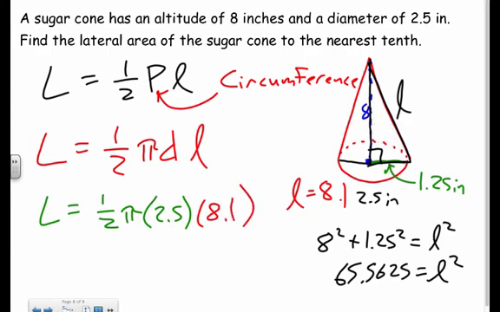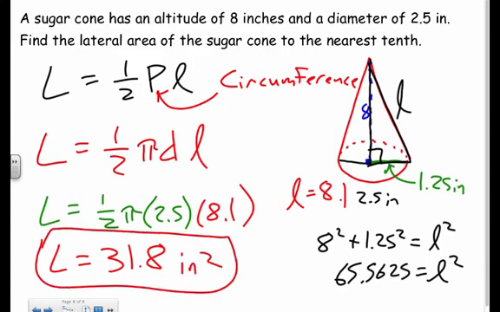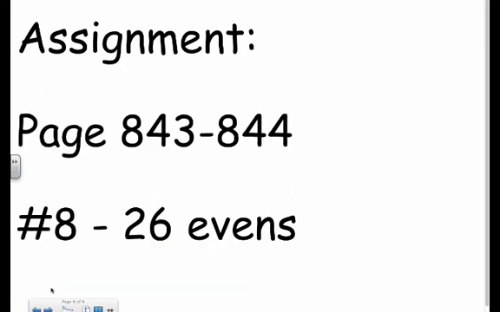So 8.1 times 2.5 times pi times 1/2. And our lateral area is 31.8, and it is area, so we got inches squared. And if I wanted to find the surface area, I would just find the area of the circle, pi r squared, and add it to that. And that's all you need to know about your pyramids and